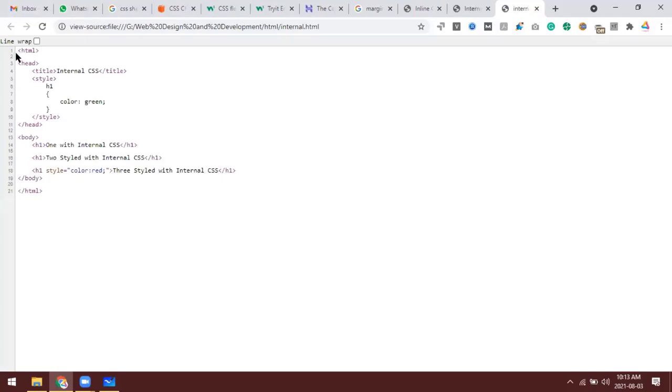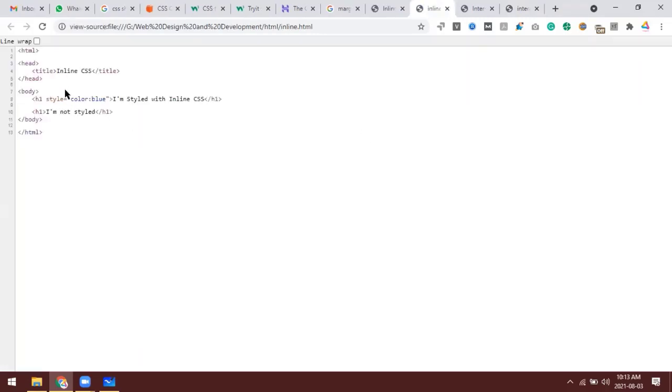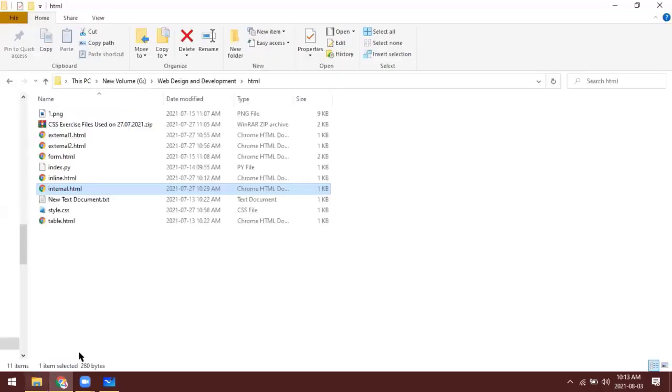You can see the source code here, right? For this, we have applied using internal CSS. Here we have applied inline CSS, where within the tag itself we have applied, that we call inline CSS.